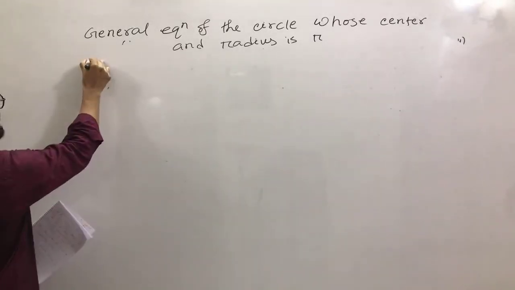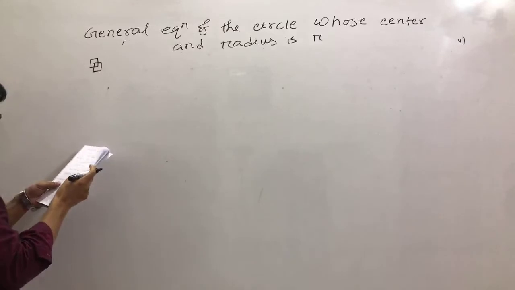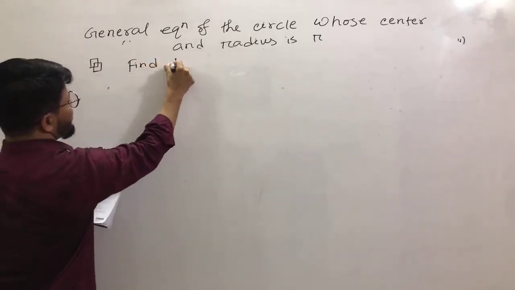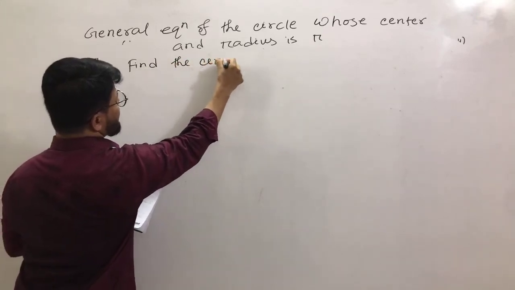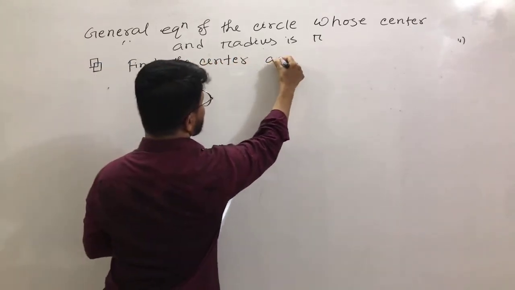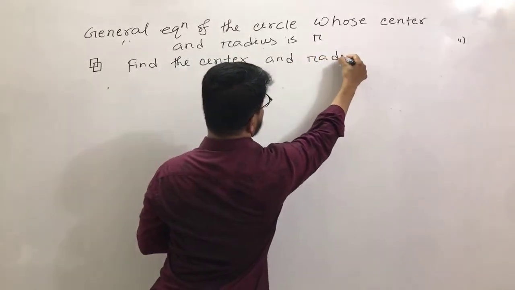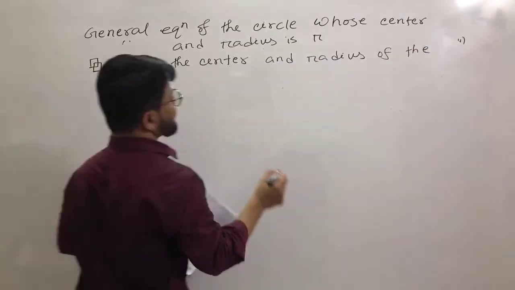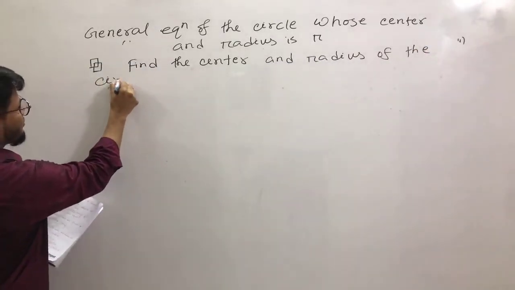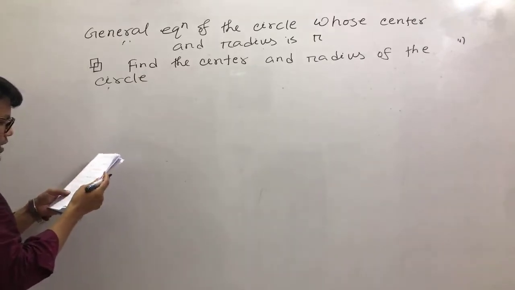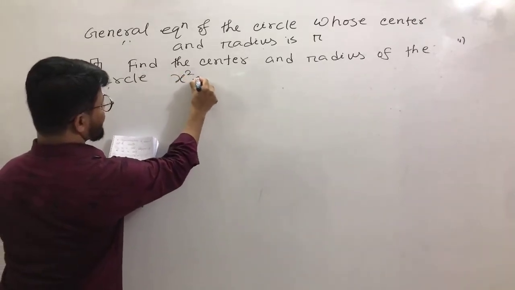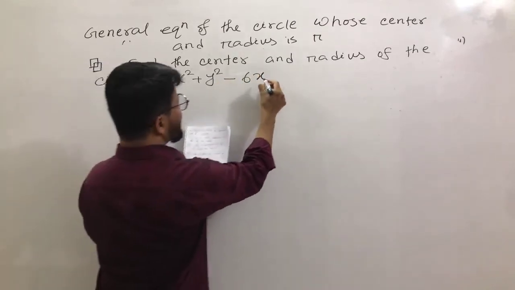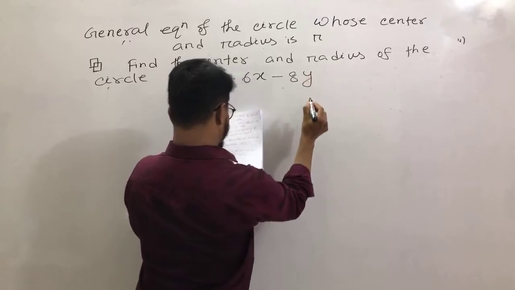The question: find the center and radius of the circle x square plus y square minus 6x minus 8y